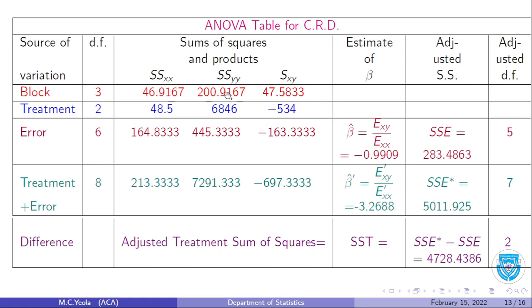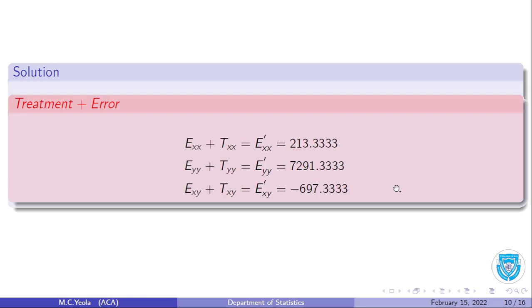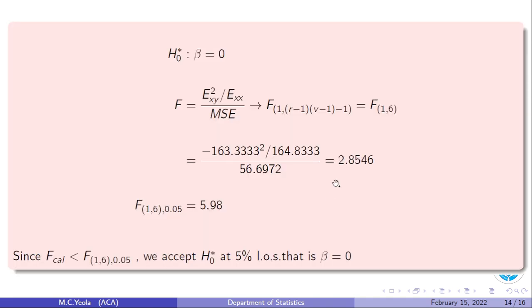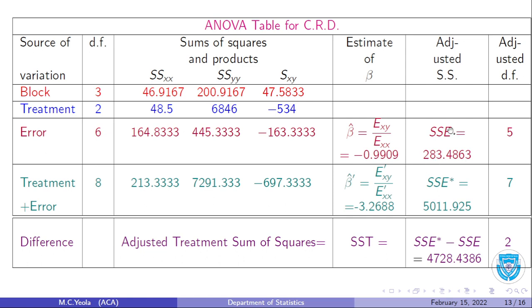This is BXX, BYY, BXY, TXX, TYY, TXY, EXX, EYY, EXY. This is E dash XX, E dash YY, E dash XY here, and this we have obtained in the previous slide. We have substituted only this value here, beta hat and beta dash hat, over there in the table here. SSE we have obtained, SSE star also we have obtained. SSE star minus SSE, taking the subtraction, we are getting this value, and the corresponding degrees of freedom